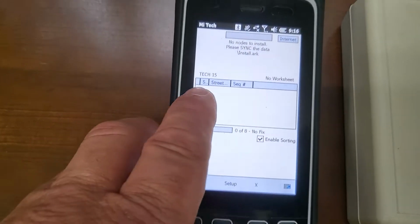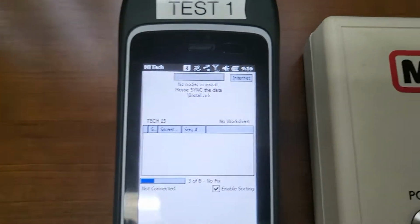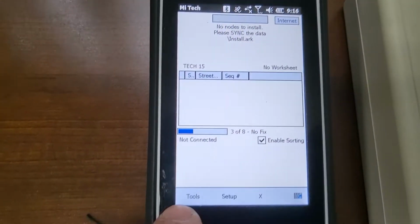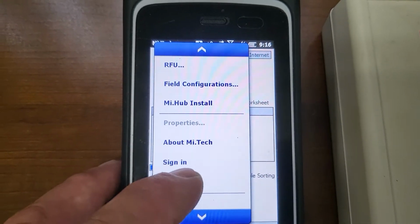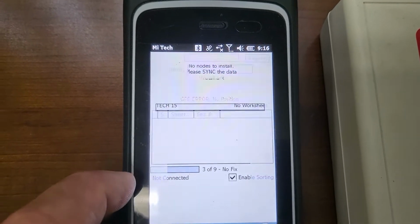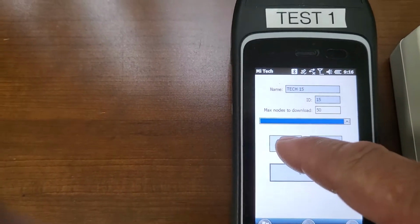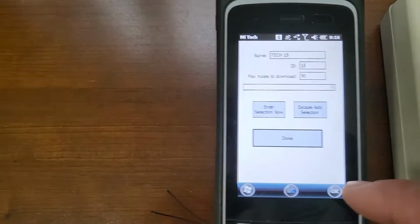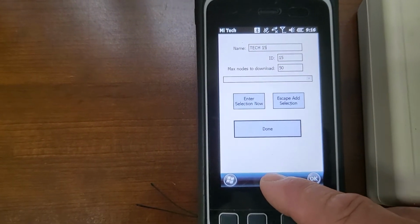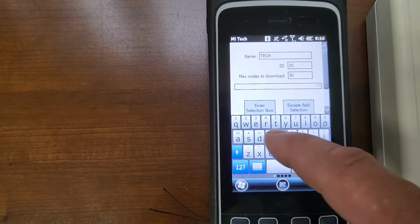Then look right here on the screen and see who you're signed in as. If that is not who you are, go to Tools, up and go to Sign In. Here you can change, put Add New, click inside the box, then press the keyboard button, and you can back out whoever that is and just say